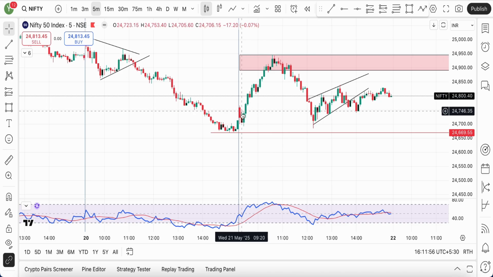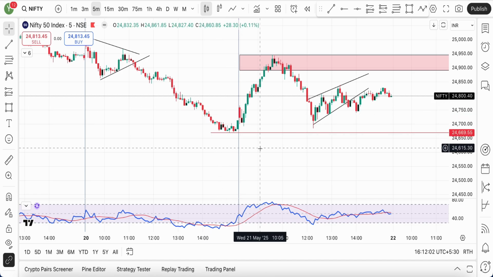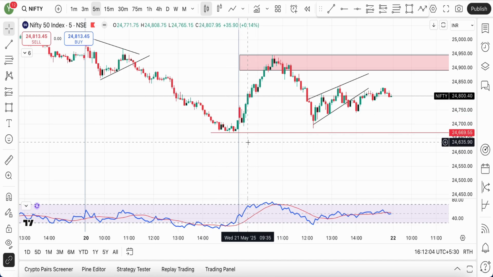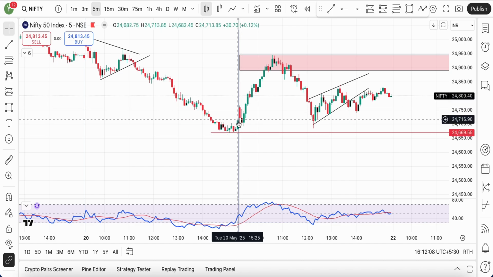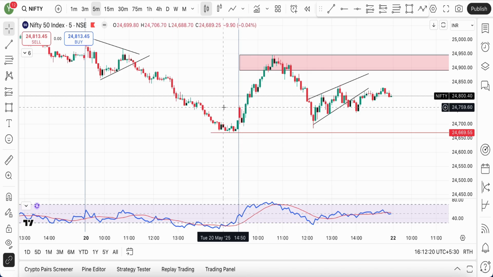I did not. Because for this trade to work perfectly with a very good probability, right, trading is a function of probability. For me to take this trade with greater confidence, I would have wanted it to trap some people who would have shorted the market at the break of the previous day's low. Then I would have been much more comfortable taking this trade. So that was the reason I did not take this trade, right?